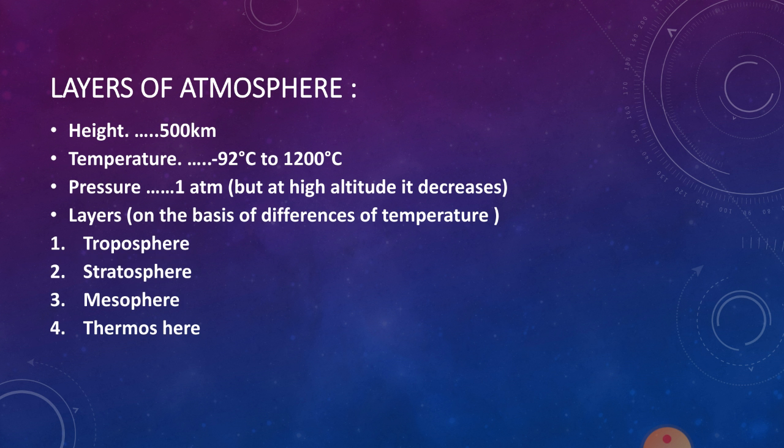There are different layers of atmosphere, and this division is done due to the differences in their temperature and density of gases. The first layer is called the troposphere, the layer in which we are living. The next one is called the stratosphere. The stratosphere is the region where the ozone layer occurs. Mesosphere is the middle layer, and the thermosphere is the top layer of the atmosphere. We will discuss the layers in detail in the upcoming lecture.